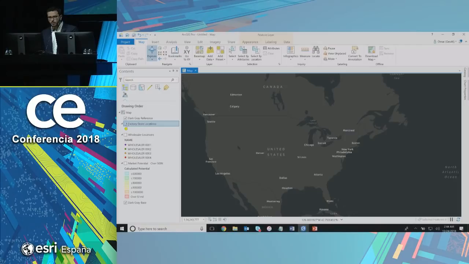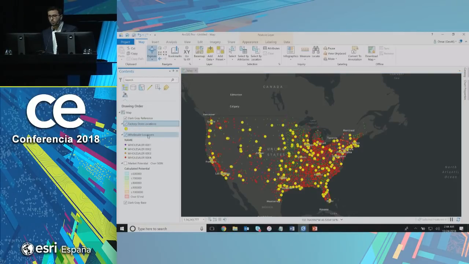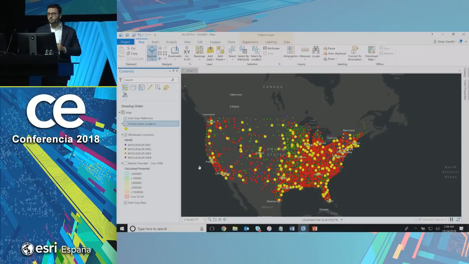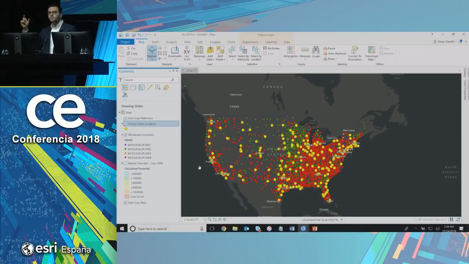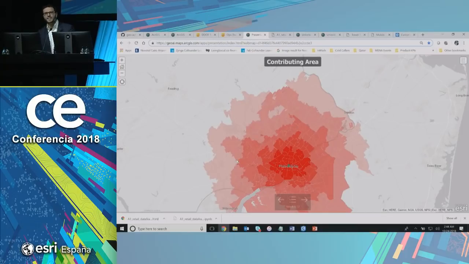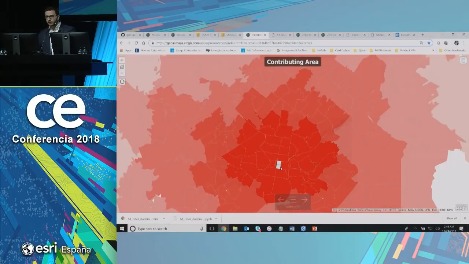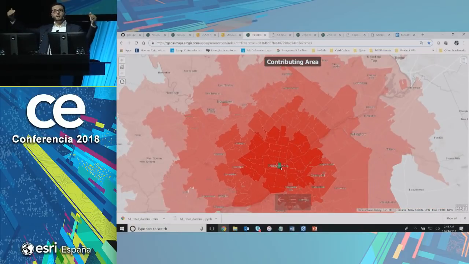So we got the data about all of the physical stores, and we got the data about all of the wholesalers, and as you can see, there are a lot. We kept throwing in more data, like the location of the competitors, and we started deriving some spatial attributes, and this is really important. The edge that we have in our platform is the idea of having spatial. And we wanted to understand the effect of having a store at some area, like this, on the surrounding areas. So we wanted to measure the proximity to that store.